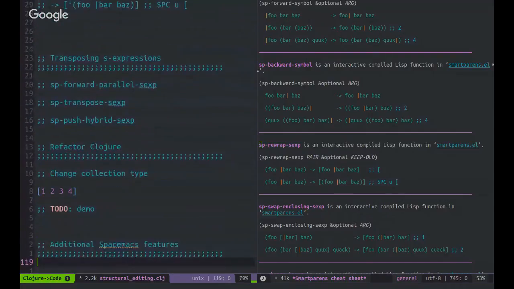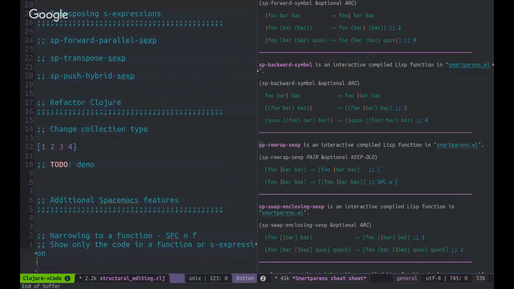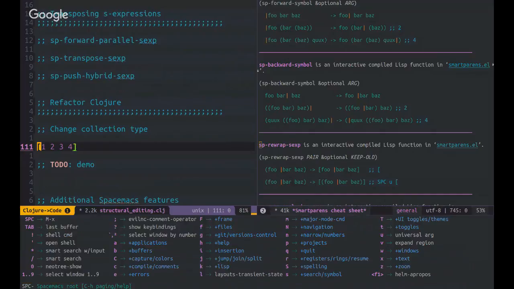And then obviously if you break the structure, you break your code, so then you have to debug it as well. There are a couple of other things I'm just going to briefly mention. So there is, specifically in Spacemacs and CIDER, which is the Clojure editor that Spacemacs and Emacs uses, there's also a